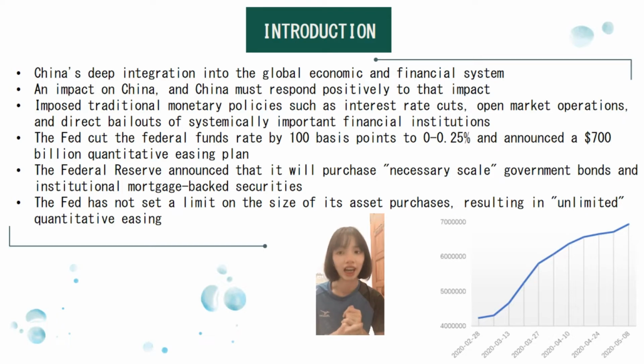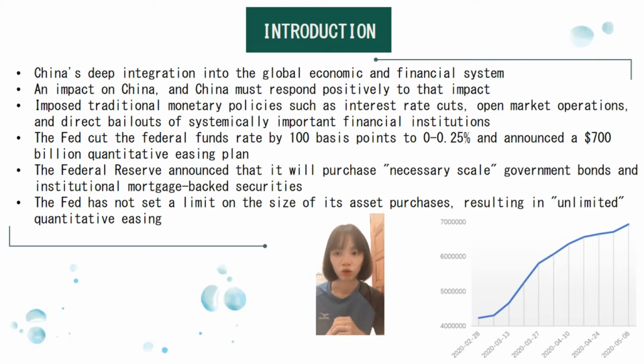and direct bailout of systemically important financial institutions. We can see in the figure that on March 15, the Fed cut the federal funds rate by 100 basis points to 0.25% and announced a $700 billion quantitative easing plan. Furthermore, the open market was expanded through overnight and regular repurchase operations. The Federal Reserve announced on March 23 that it will purchase unlimited government bonds and institutional mortgage-backed securities,